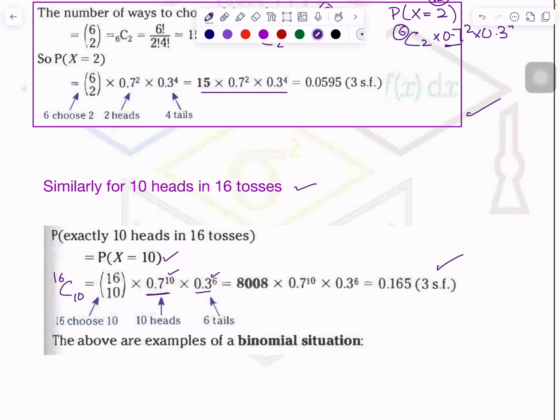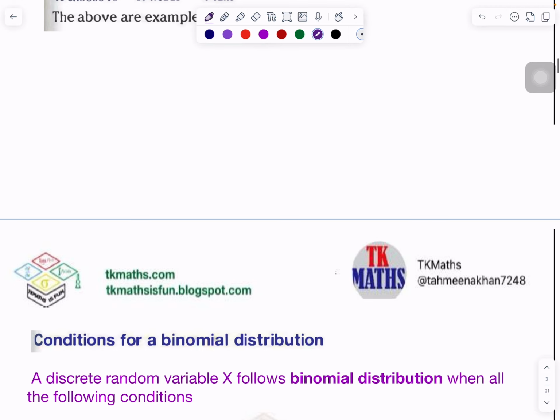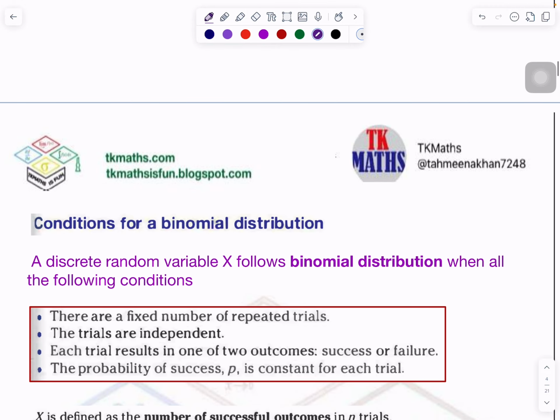Now I will connect it with the binomial, right? The formula you have already derived here. But now let me tell you, number one thing, for the binomial, in which condition you will apply it, there are 4 conditions. So whenever the question comes, you see whether these 4 conditions are satisfied or not. Because sometimes the question says, state any 2 conditions which satisfy the binomial distribution in this situation.